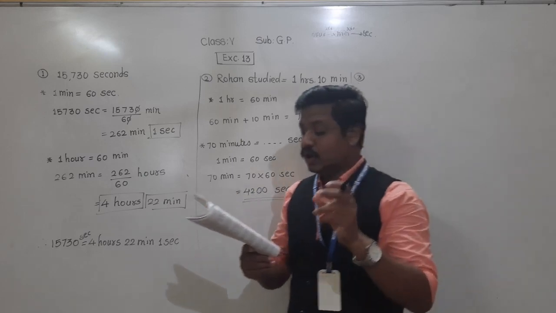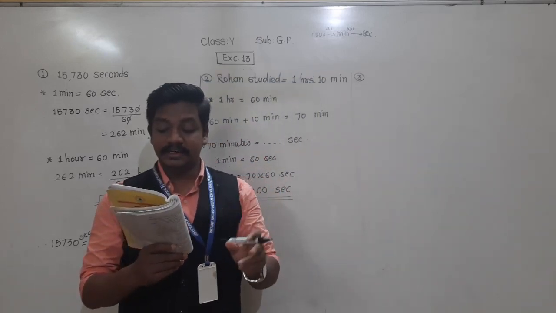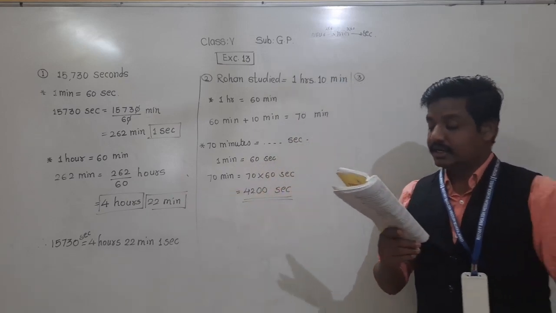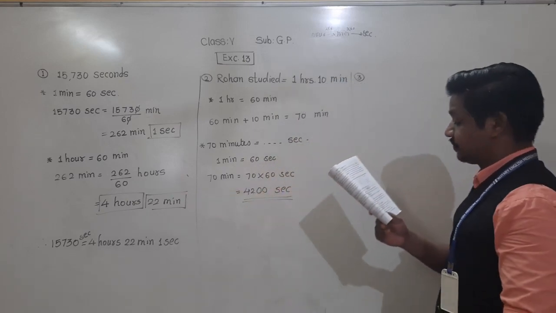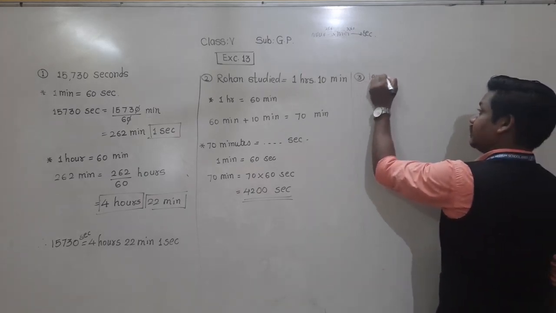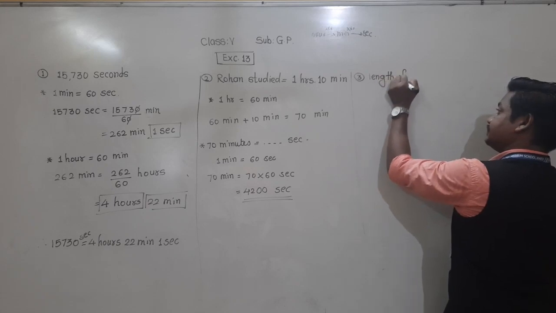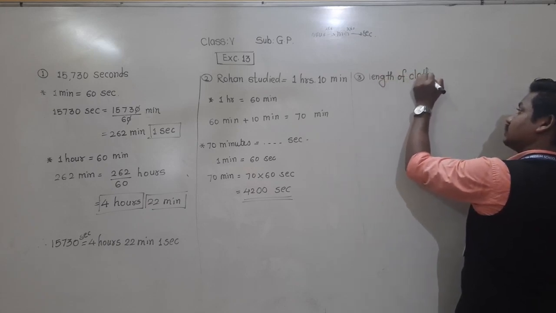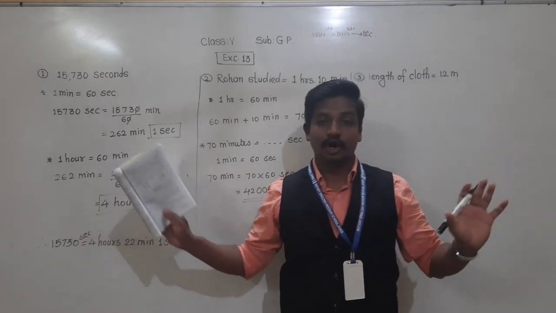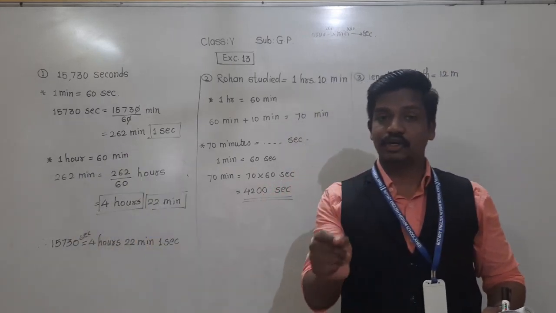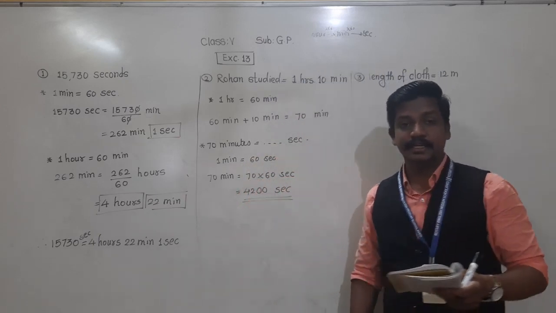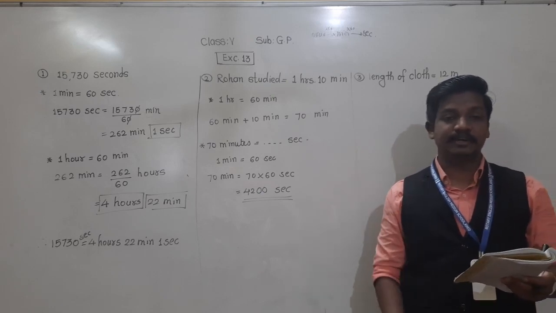It's so easy. What is the cost of 12 meter of cloth at rupees 23.75 paise per meter? Okay. Cost of 12 meter cloth. How much cloth is there? Length of cloth: 12 meter. So that cloth is 12 meter long. Okay, and per meter means per 1 meter cost is given. What is that? Rupees 23.75 means 23 rupees 75 paise.